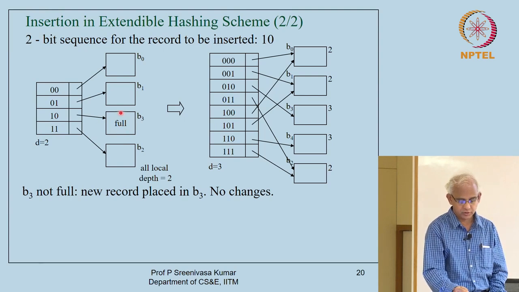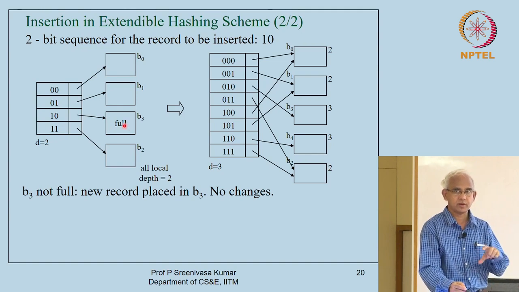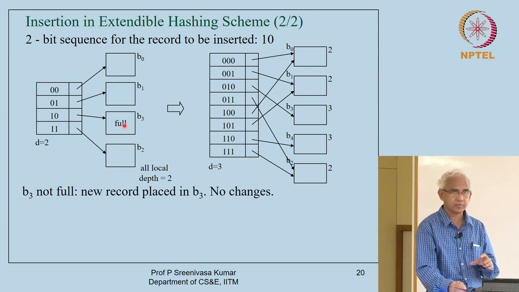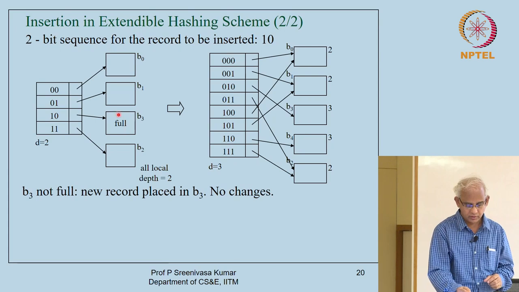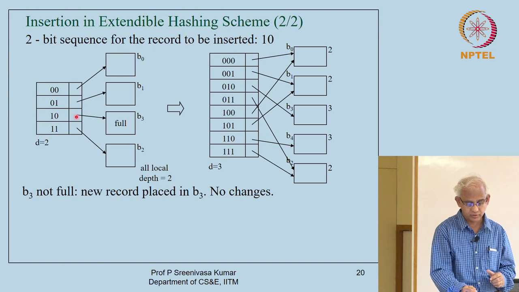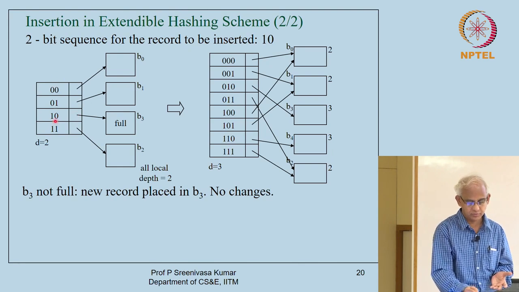Each of these buckets is a sequence of consecutive slots where records can be kept, so it is either a block or a small set of consecutive blocks. There is no space here, and if you try to split this, we can't make use of the current directory at all, because we cannot accommodate one more bit; it is based on 2 bits.